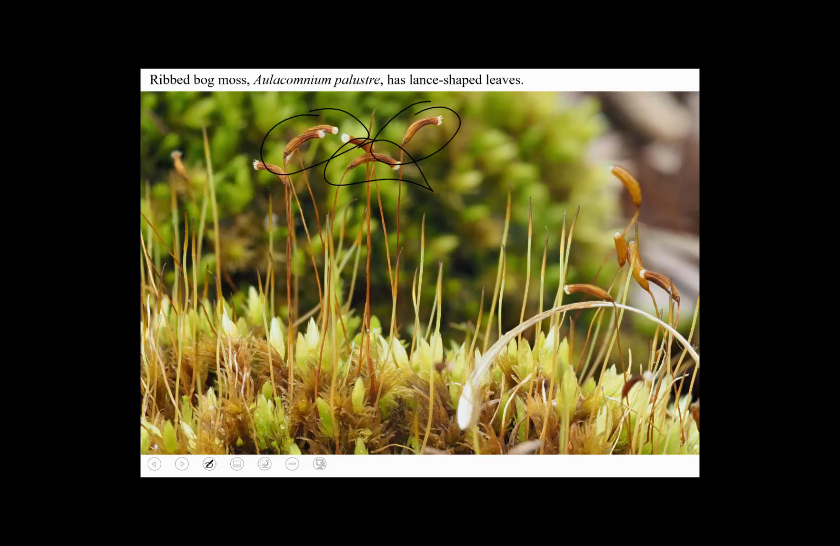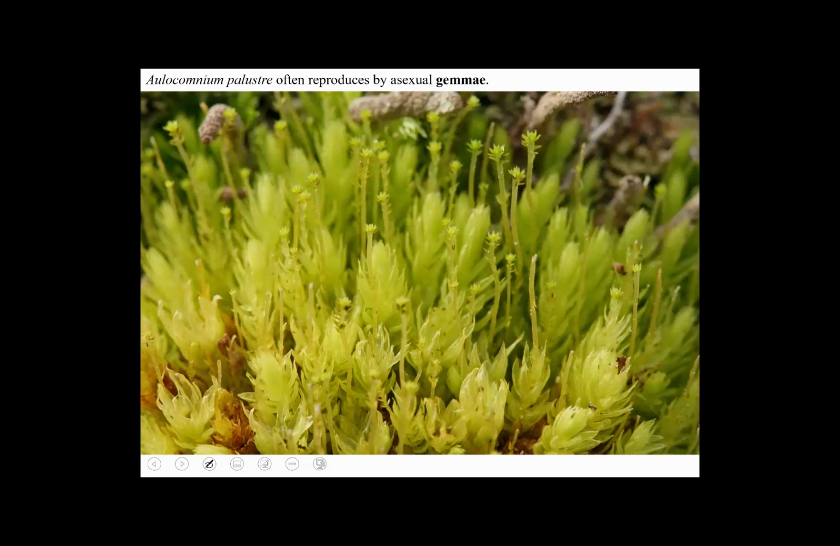And ribbed bog moss is noteworthy for another reason. That other reason is it reproduces both sexually and asexually, abundantly. So this bog moss, these kind of look like sporophytes if you look at the bottom part. But then what's that on the top? What that on the top is clusters of asexual reproductive propagules called gemmae. So this moss reproduces both ways, and it produces both of these things fairly frequently,